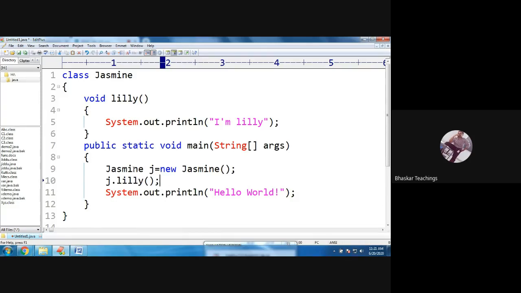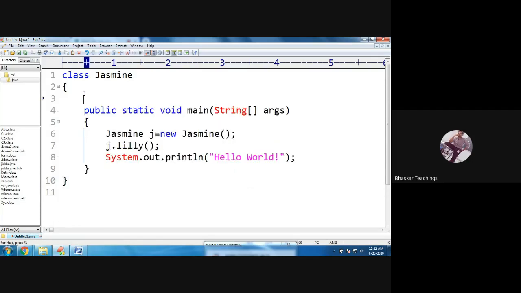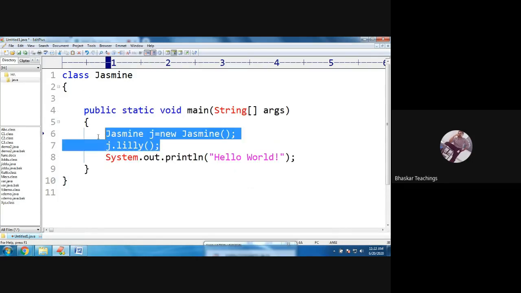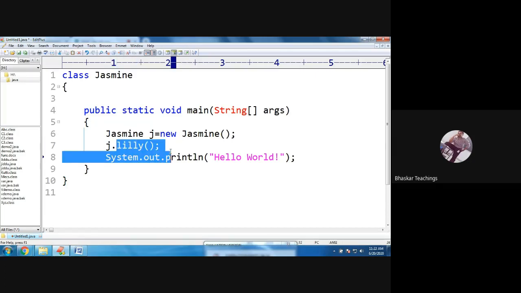What is this? This is a function name, a method name followed by parenthesis, which is nothing but a function call. This is a call to the lily function. Assume there is no such function, then what is going to happen here? An error will be generated. The compiler gives an error at this line: line 7 says cannot find the method lily. When there is no method, how could you call it? When you are calling a method, it should be present. So it will generate an error. Let me remove this.